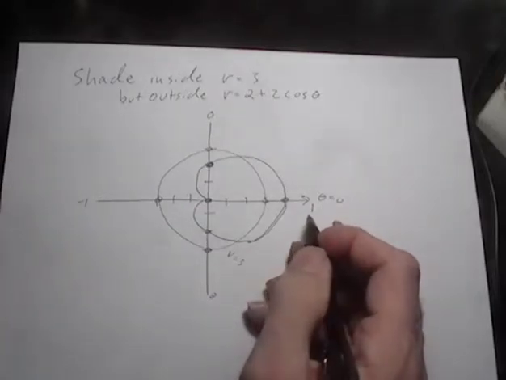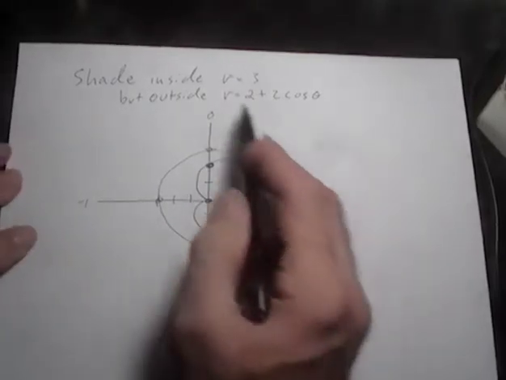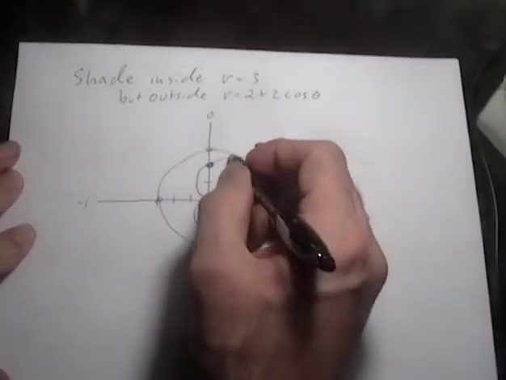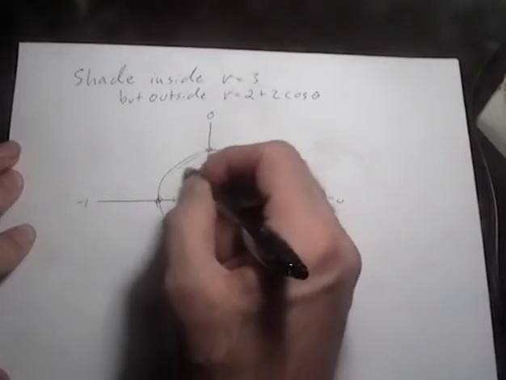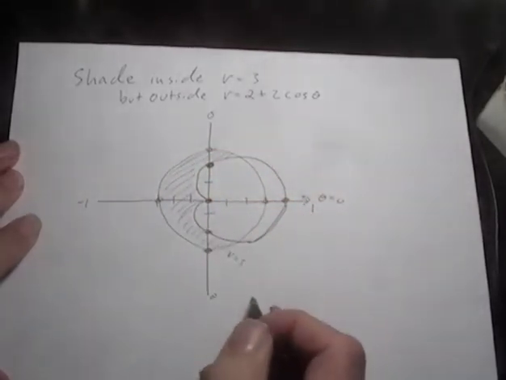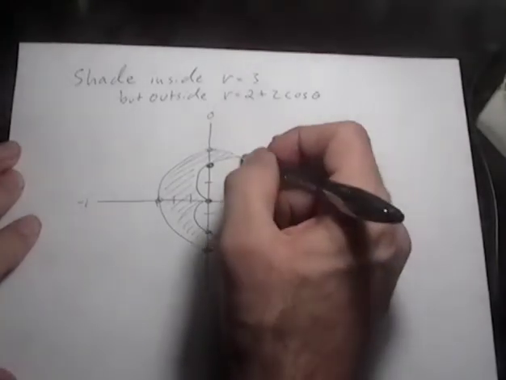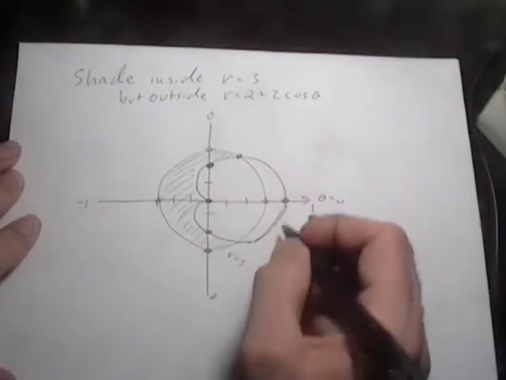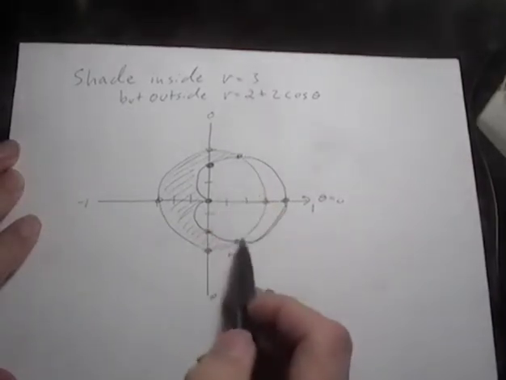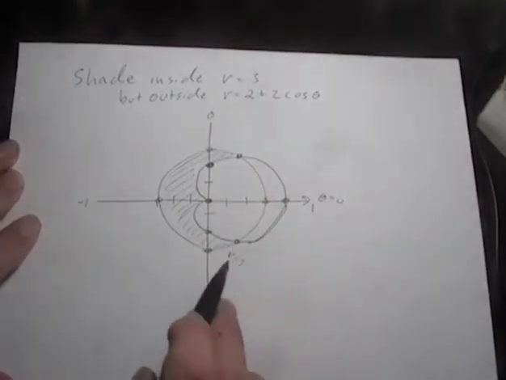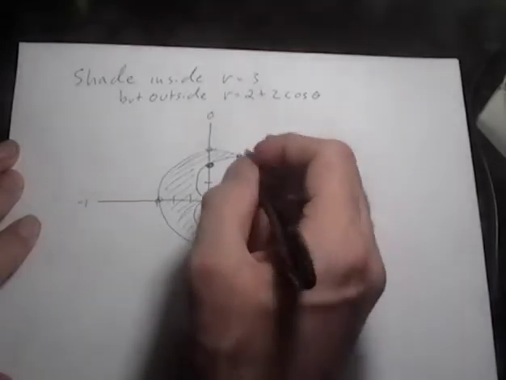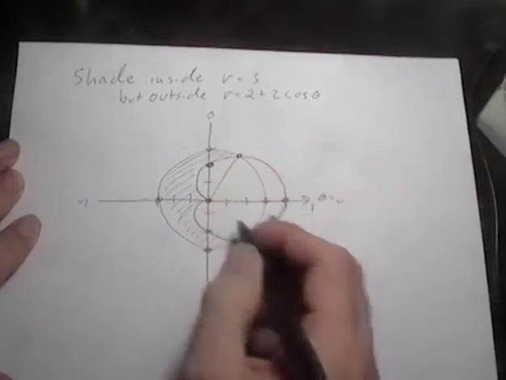Now remember, my instructions were to shade the area that was inside of the circle, but outside of the cardioid. So that would be this area. It would be nice to know what these two intersections happened to be. I know the r coordinate because it's on the circle r equals 3. So all I would really need to know is the angle,